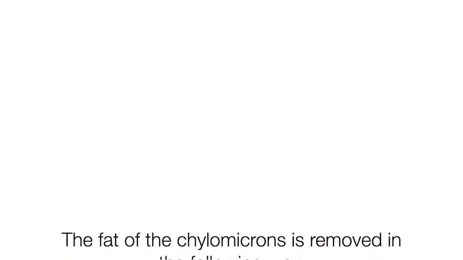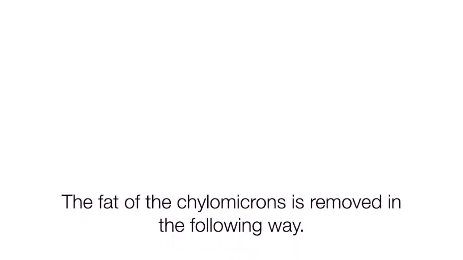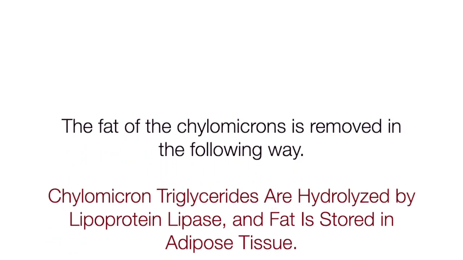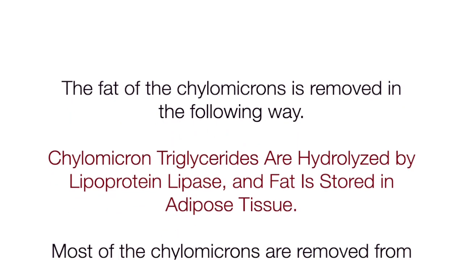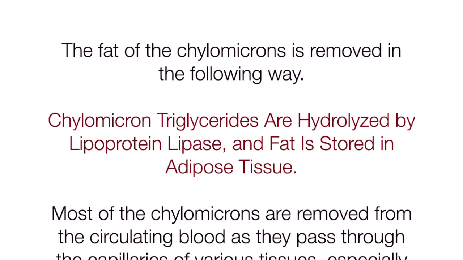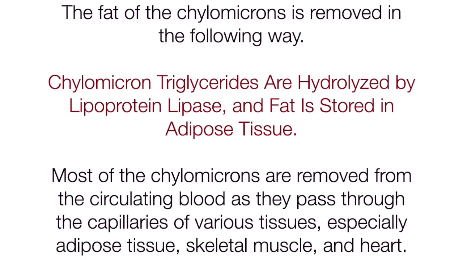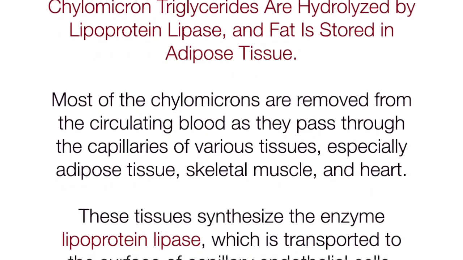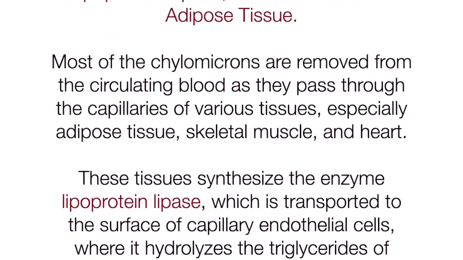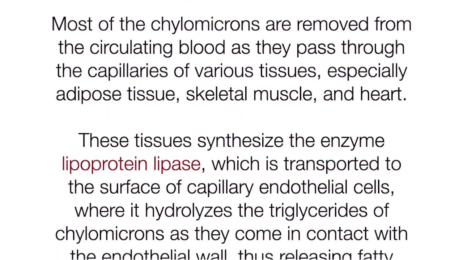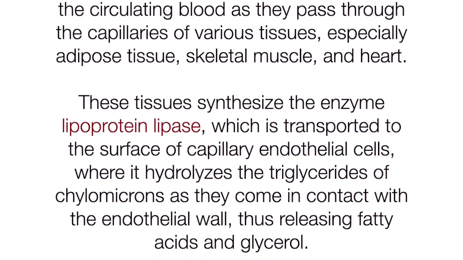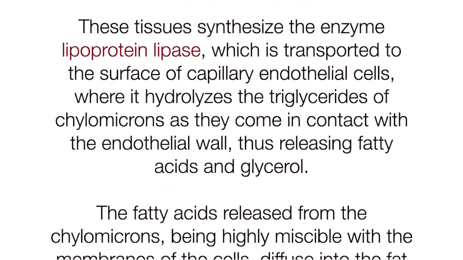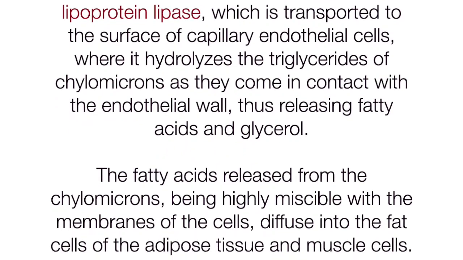The fat of the chylomicrons is removed in the following way. Chylomicron triglycerides are hydrolyzed by lipoprotein lipase and fat is stored in adipose tissue. Most of the chylomicrons are removed from the circulating blood as they pass through the capillaries of various tissues, especially adipose tissue, skeletal muscle, and heart. These tissues synthesize the enzyme lipoprotein lipase, which is transported to the surface of the capillary endothelial cells, where it hydrolyzes the triglycerides of the chylomicrons as they come in contact with the endothelial wall, thus releasing fatty acids and